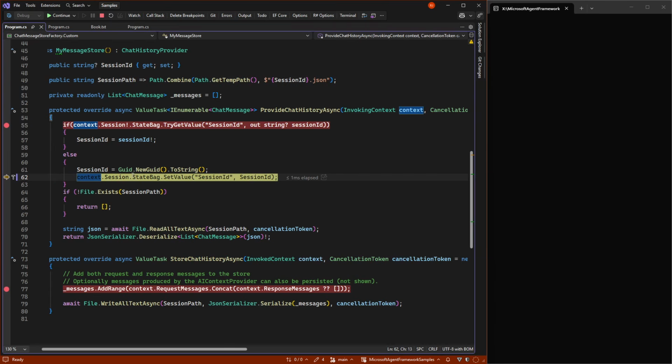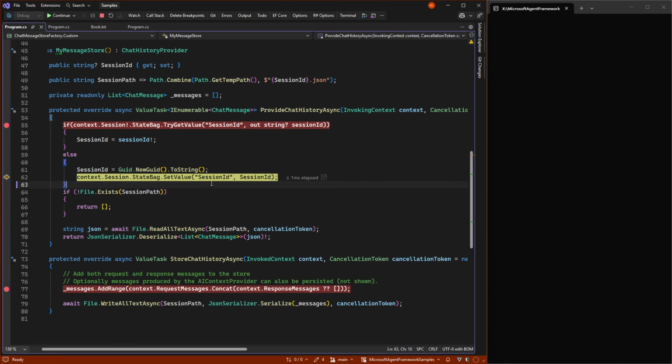And then we set that into the state bag. And this is actually kind of interesting that you can do this, because now we're storing a session ID, but we could store any kind of thing on this state bag. We could store all kinds of values, user preferences, whatever we wanted to. So it can be used for all kinds of things, but in our case, we will just use it for an ID.